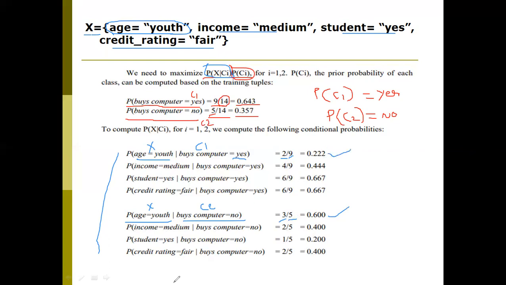These are the values. So in total, how many records are there under youth, that is, age is equal to youth? Here 2 records, here 3 records, so 5 records are there in the table. If we check our table, it has 5 records under the youth age value. Let us check for that.